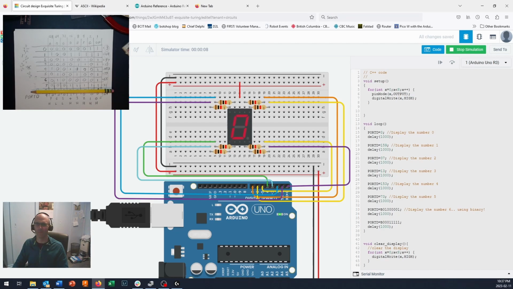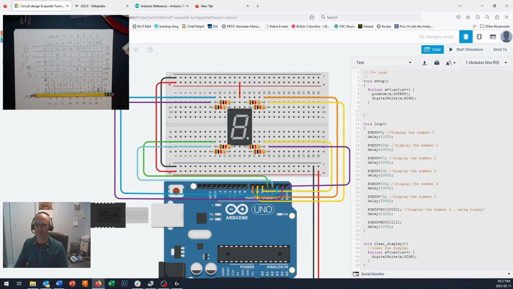Now 8, as you probably noticed, is a very easy one. It's got all of the segments on, and only the decimal point is turned off in our case. So 8 is going to be equal to 1, or in binary,